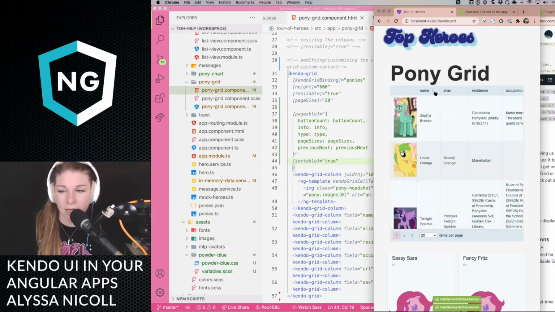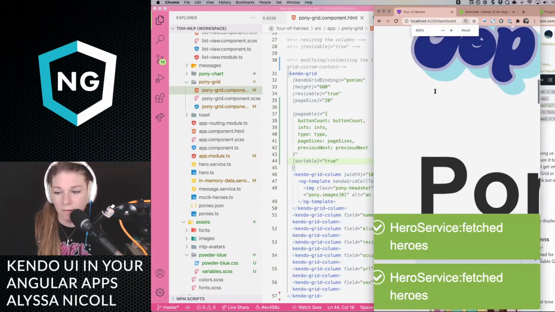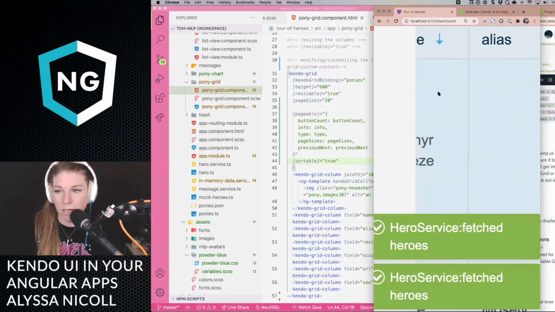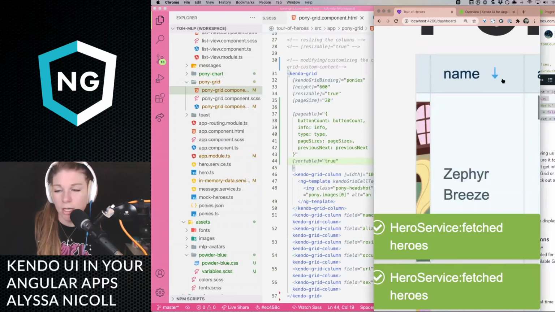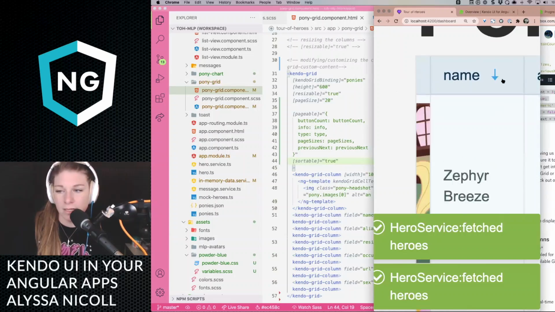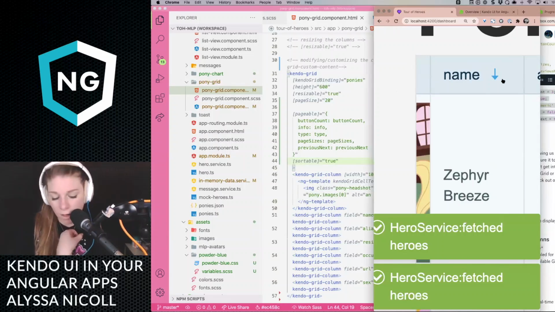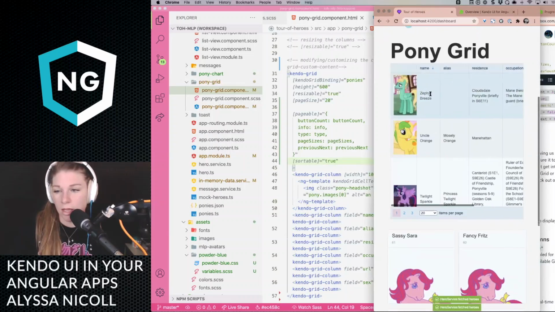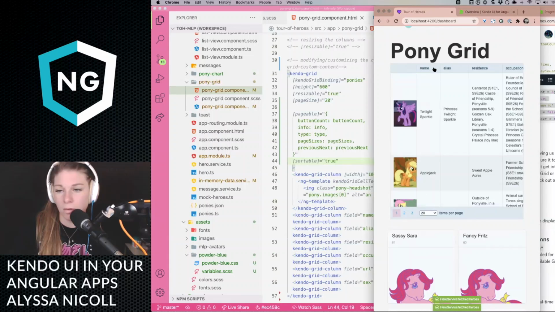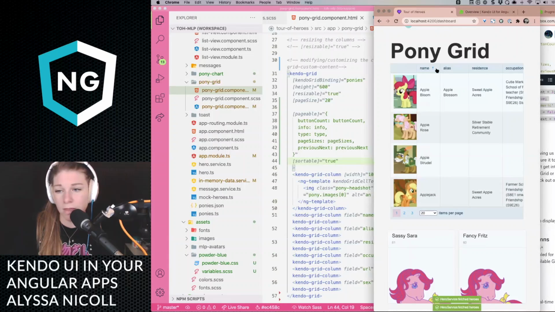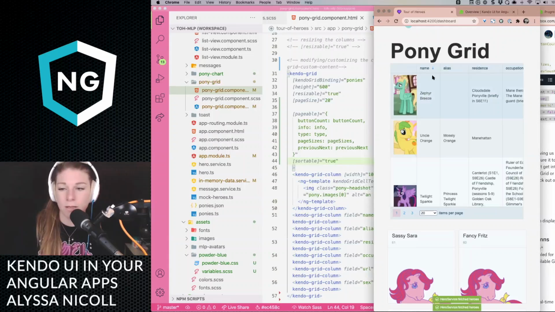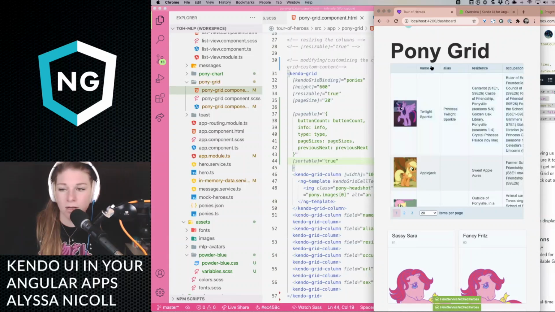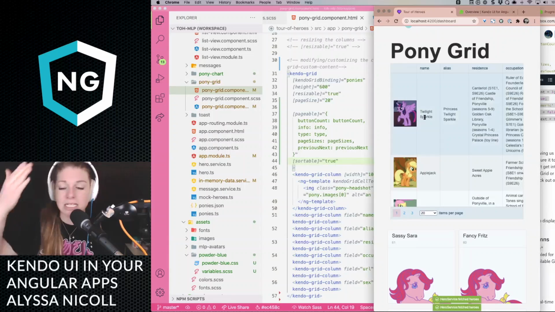Now you'll see when I click on a column, it's kind of hard to see. I'm going to make this really, really ugly, so forgive me. I'm zooming in so much. When you click on a column, there is an arrow that appears with sortable, which this wasn't happening before. If we make it normal size again, you will see that we are going back and forth between Apple Bloom being on top or Zephyr being on top, or nothing, which is then the default list of data.